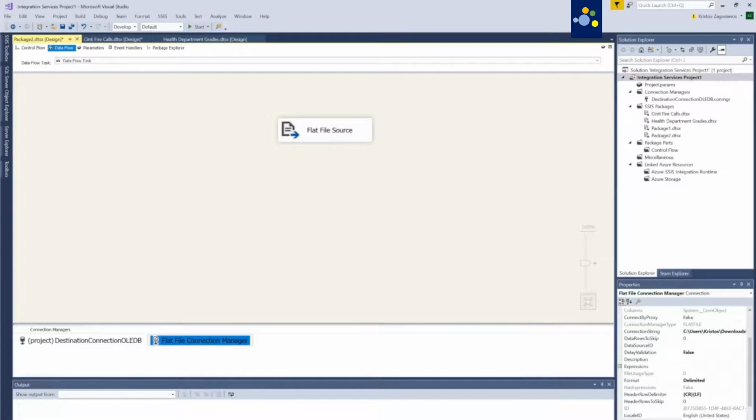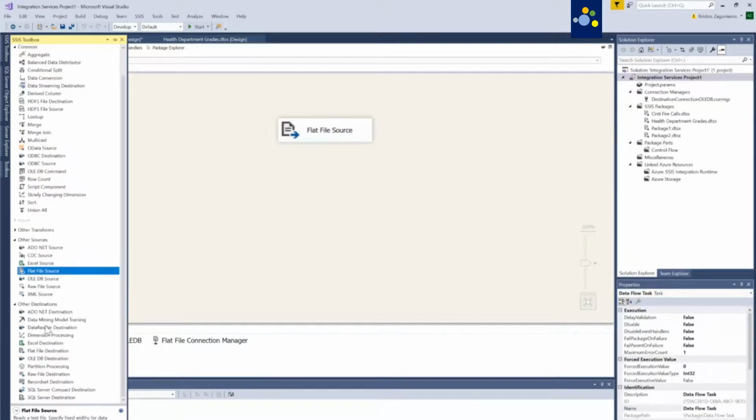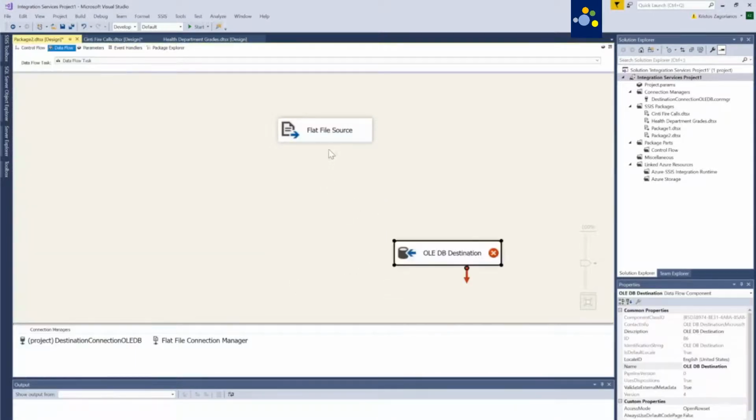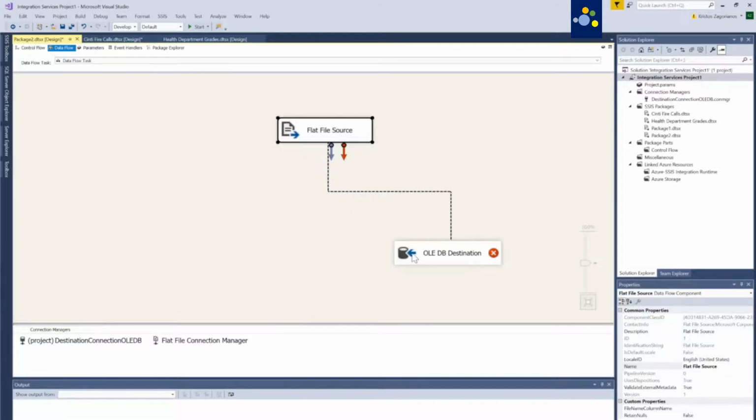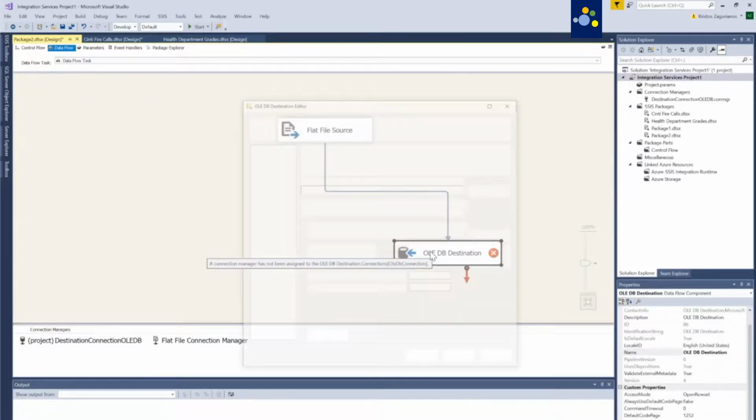Now, the next step is to bring in a destination. Where do you want this stuff to go? So I'm going to go back to this SSIS toolbox here, and I'm going to bring in the destination. So what destination? It's going to be under other destinations, the OLE DB destination. Now your DBA, he or she may have a better idea of what to do here. I often just use this field. I'm going to click on this blue because blue means it's successful. So if this runs successfully, then it's going to dump data here successfully.